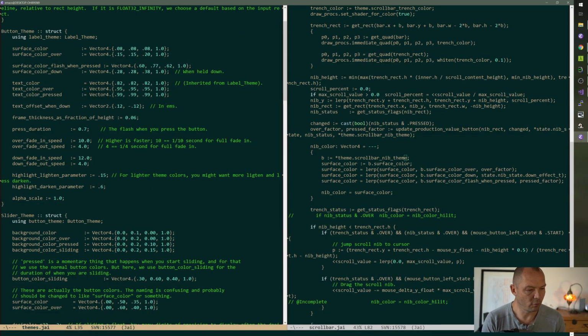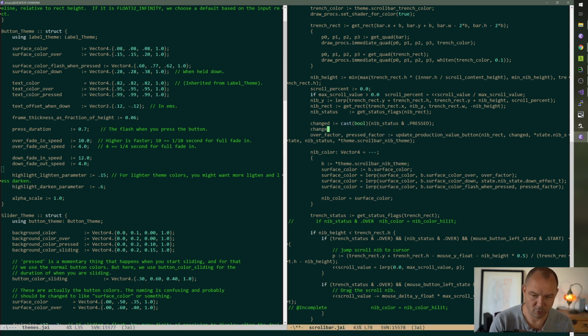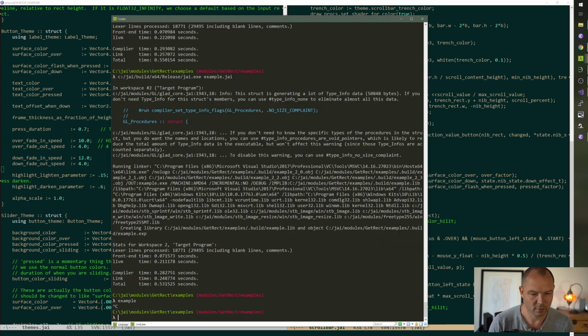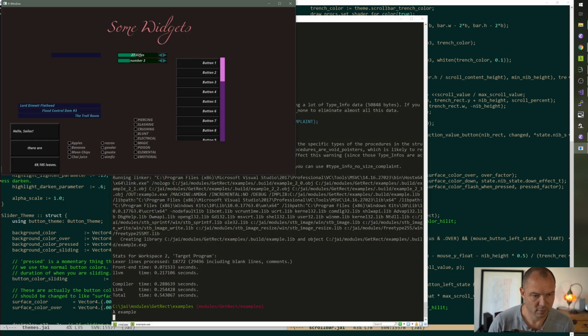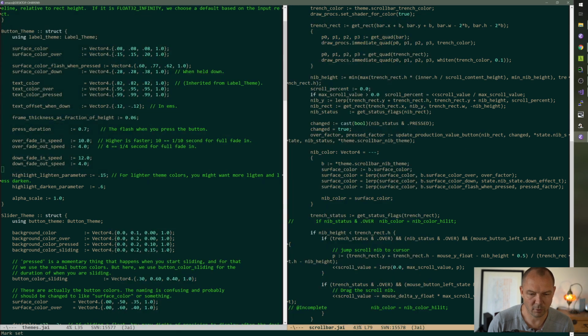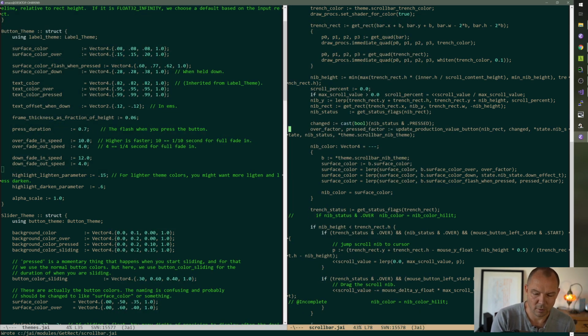Although all these defaults should be reasonable. Let's try changed equals true. Oh, okay. Well, it is picking a color based on that. But the over and stuff, why isn't that working? I don't want to start putting debug printfs in there, but